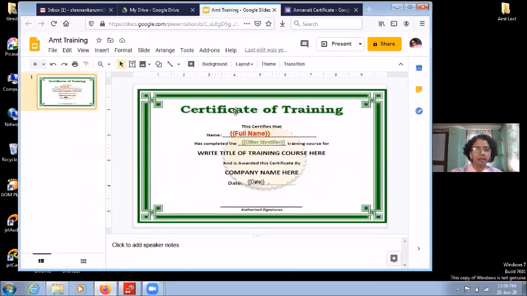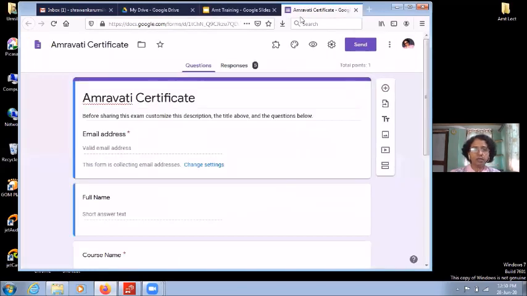In that slide, the certificate template I have taken from the internet. This is the ready-made template. You can design your own template, or directly you can again take it from the internet. In that certificate, I want the full name of that particular candidate, and it should be the full name I have given in the form, and that's why I'm using the full name. It is a variable. You have to take that variable.